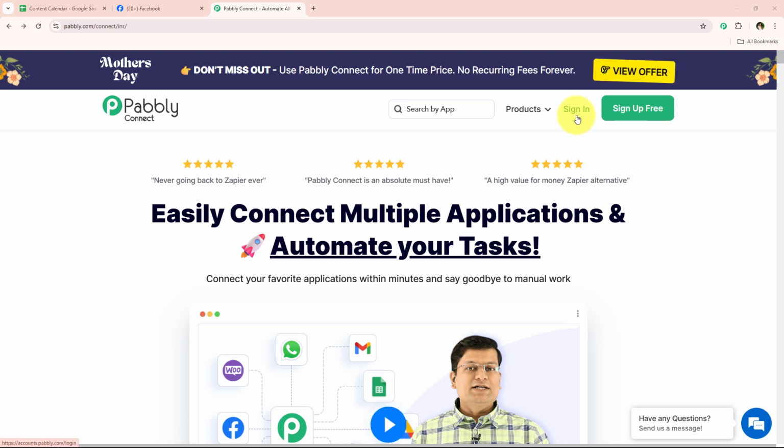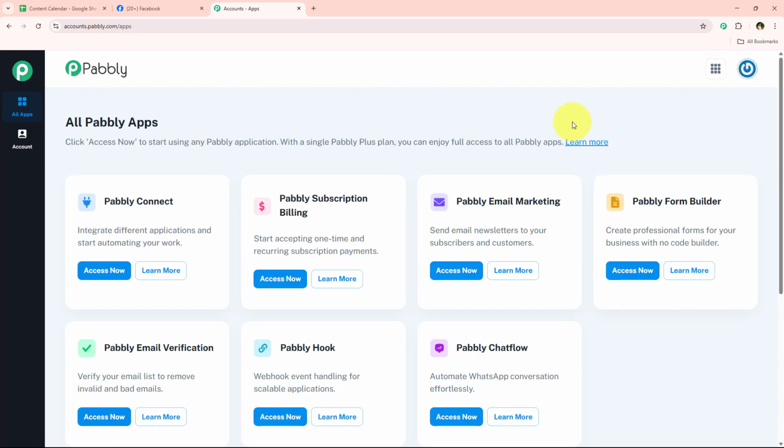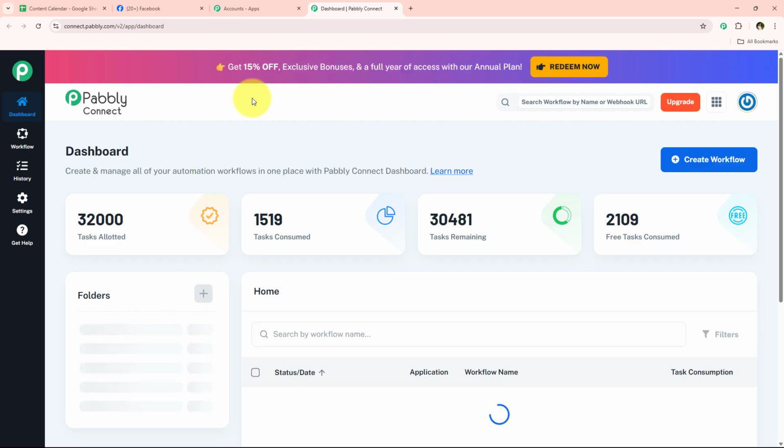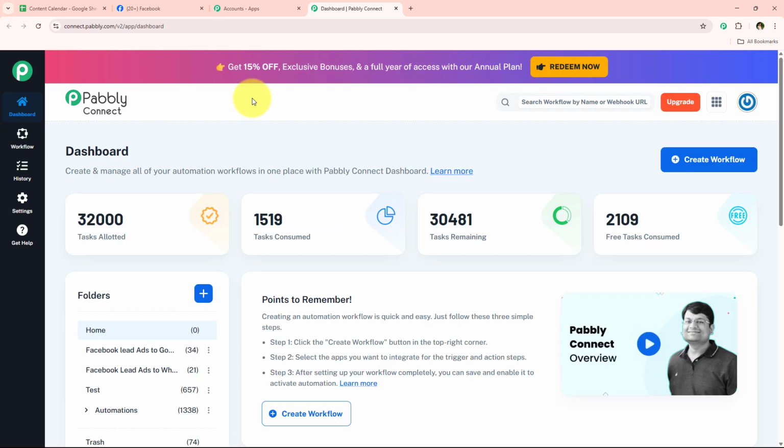But over here, I am an existing user, so I'm simply going to click on this button which says sign in, and now it is opening all Pabbly apps, and over here you can see all the tools and applications offered by Pabbly. But in today's video we are going to use Pabbly Connect because we are connecting different applications. So I'm simply going to click on this access now right over here to access my Pabbly Connect account, and once we click on this access now, it is opening my dashboard,